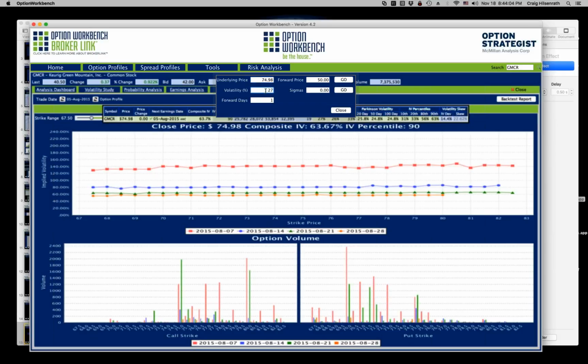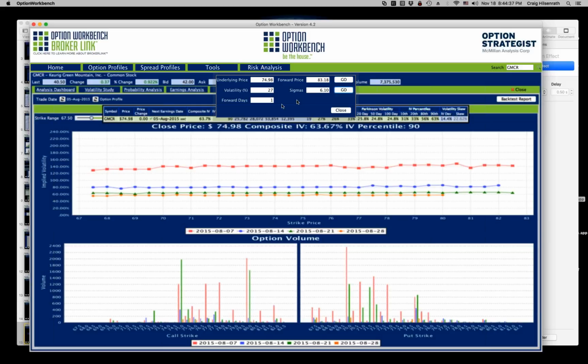The volatility, which was 27%. I only want to do one day forward, but you can do other days forward. And then here I can pick a target price for the forward price, or I can pick the number of standard deviations. So I'll type 6.1 in here, click the go button, and that tells me what the price is from 74.98, given a 27% annualized volatility.